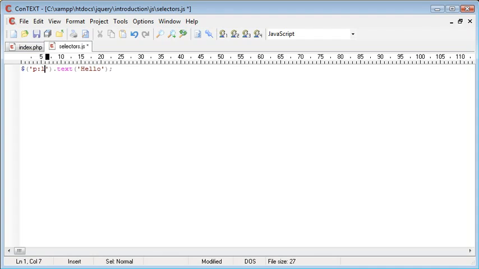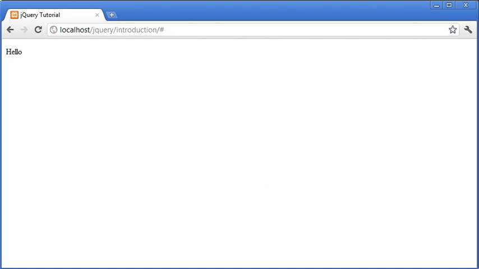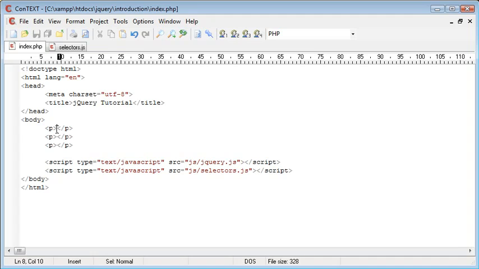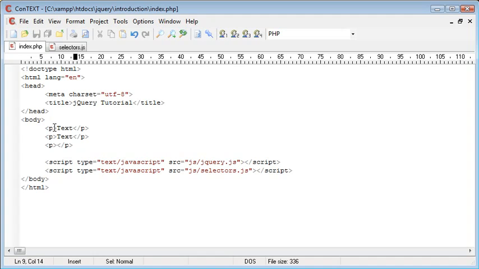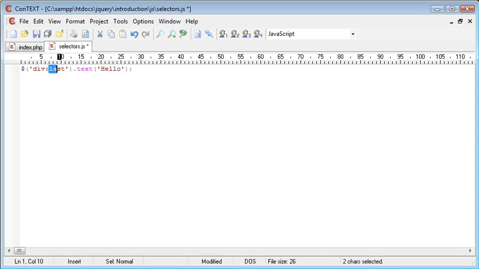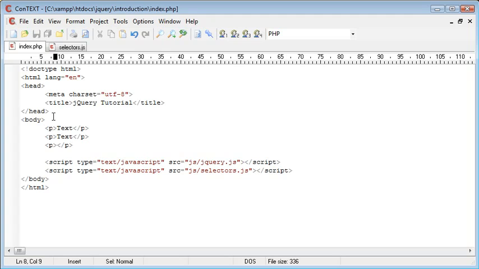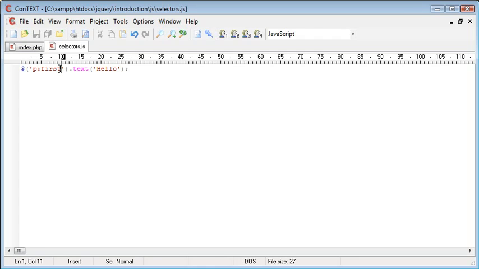Now similarly we can also use last, so if I type last in there and refresh, obviously we can't see any difference at the moment. Let's just go ahead and put some text in here. So you can see that that hello has applied to the last element that we've specified. So obviously you can also do this with other elements. For example, if these were div elements, you could then use div and then last, or div and then first. It's entirely, obviously for the purpose you're using it, it would be entirely up to you. But for now we're using paragraphs, and we've successfully referenced all the paragraphs, and then we've chosen the first and then the last. Now you might also want to say p first,